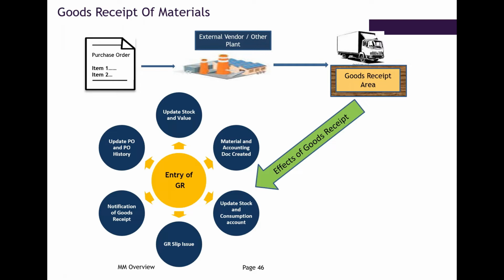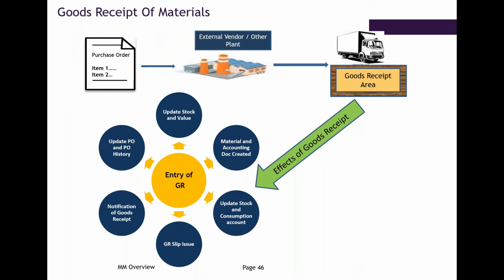So what happens generally when material is received at our premises: the warehouse department people, we call them warehouse users, or stock clerks, will be posting a goods receipt in SAP. Then, as soon as the goods receipt is posted in SAP, the inventory of the material will increase, as well as there is some accounting impact, which will increase the value of the material, and on the other end the payment to the vendor also needs to happen.